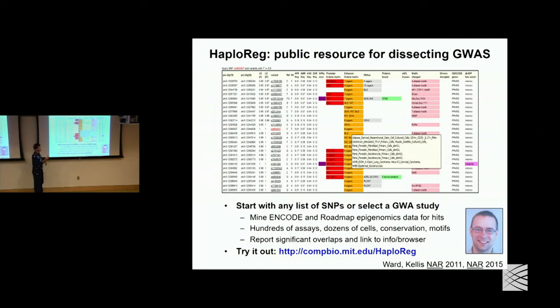So when you have that SNP, you can't think of that SNP in isolation. You have to think of the haplotype block, hence the name HaploReg. So for every one of those SNPs now, we can basically start looking at whether they're conserved or not, whether they fall in enhancer or promoter regions, and what cell types these act in, whether they overlap DNA accessible regions, or whether they're bound by